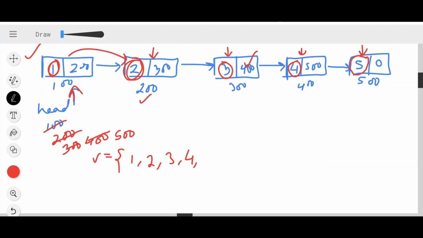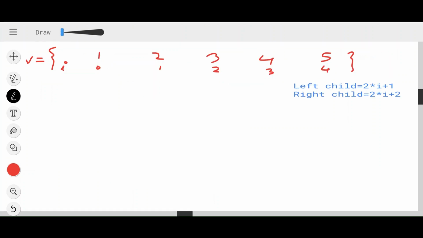What is the value here? It is 5. Okay. Now again, move to the next node. Now it will point to null because your next is now pointing to null. So now your head will get updated to null. When your head points to a null value, you will simply stop your traversal then and there because you don't have any other nodes left to traverse. So this is what your vector array will store.